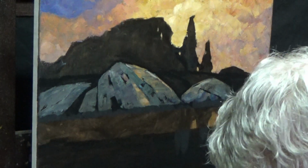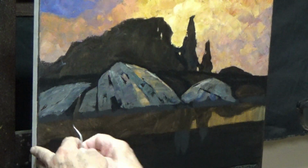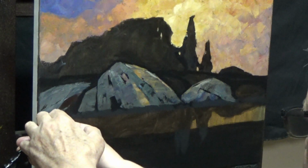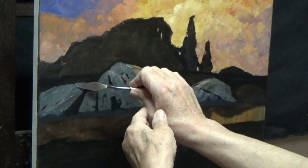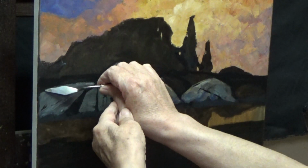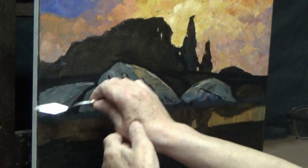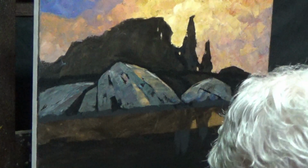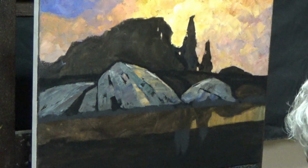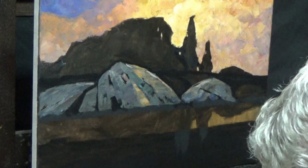More raw umber. We'll even add a hint of alizarin crimson here. How's that? And then we'll put a little, actually let me just, the pile is too big with too much white, so I need to clean that off so I can make a separate pile that's a little